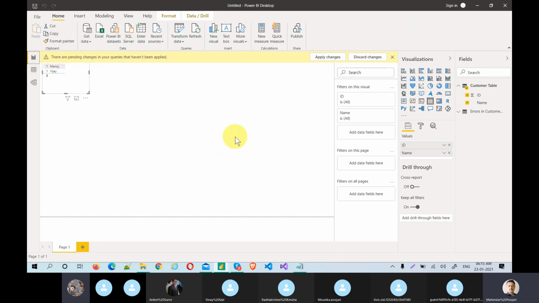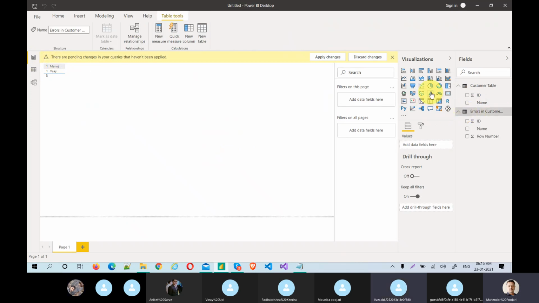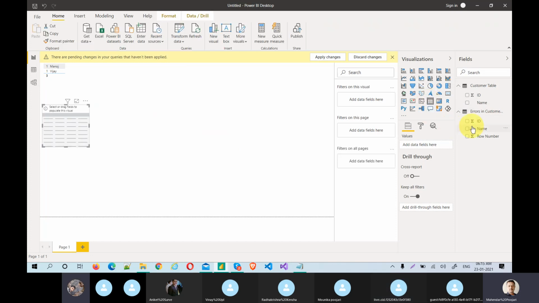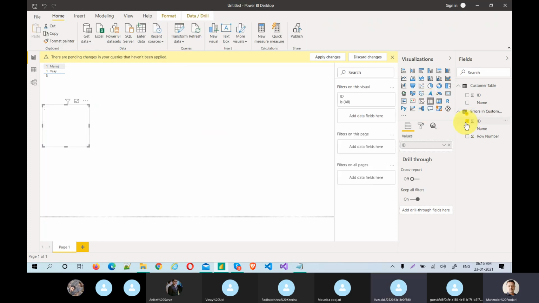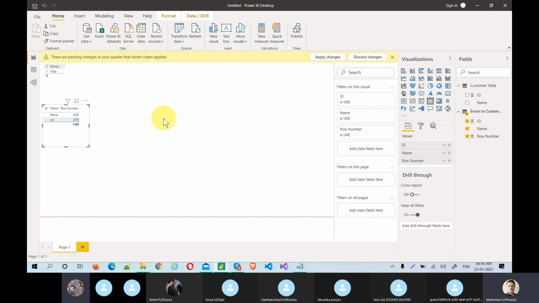Okay, come here and take this error records. Okay, and take one more table and just select all of them. Okay, so now see, XYZ and row number is fourth and third. So this is actually a formatting thing.